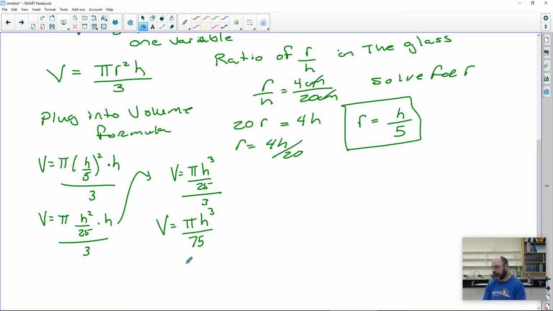So there we have our equation for volume of that particular glass, not for any other glass but that one, because of the ratio of that glass, in terms of h only. So now we can use, in our final step, the derivative. Okay, so step 3,